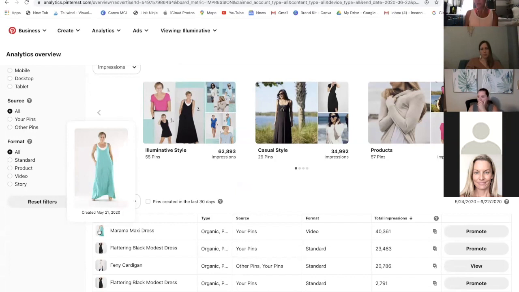The other thing is, like all things we talk about, you can't just set it and forget it. So if you really do feel like Pinterest is somewhere that you want to spend your time, or Instagram or Facebook that we've talked about over the last couple of weeks, you have to put it in a calendar